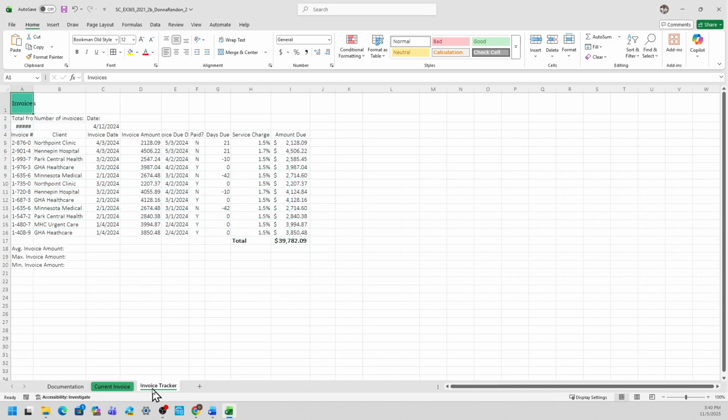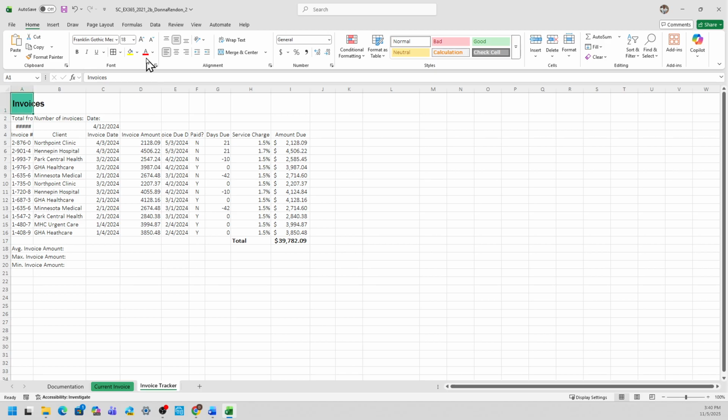Back to the start file. This time go to invoice tracker and then select A1. I'm on A1, and then go to the font group. We're going to make several changes under the font group. Start typing Frank, and it's now showing up there. Franklin Gothic Medium is the right font. Press enter. Then for the font size, select 18.